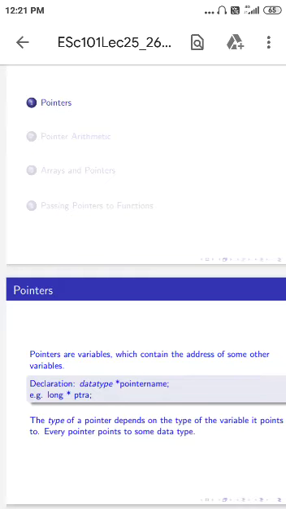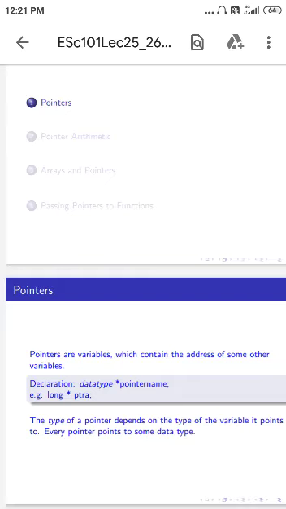That means if I define it in some order, then we can call pointers variables which contain the address of some other variable. Suppose you have a variable of any data type, that variable's address will be stored in another variable, and that variable will be pointing to that value. Okay,